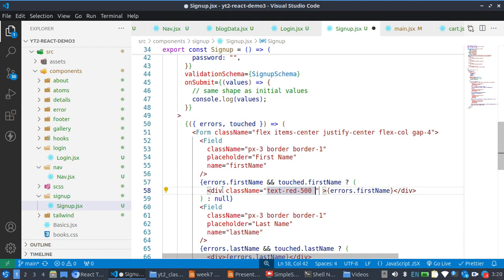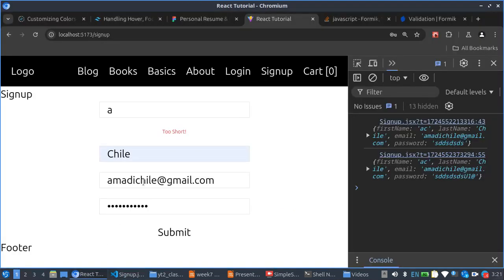text should be red 500, then the text should be about 8 pixel, then the margin top should be, so there should be no margin top. So if I do this, for example, notice what I will have, but you see this margin that is here is due to the gap I added